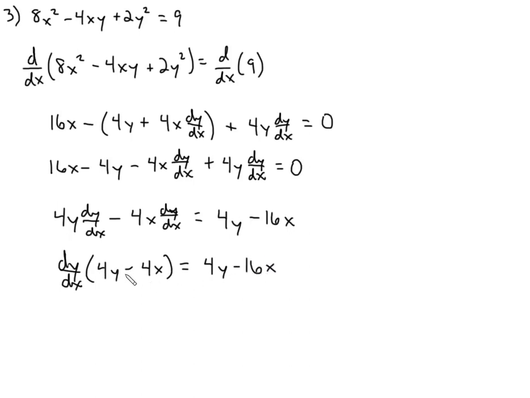And then our last step is we're just going to divide both sides by that. So we get dy/dx divided by 4y minus 4x. We'll just do this in two steps. So we'll have 4y minus 16x over